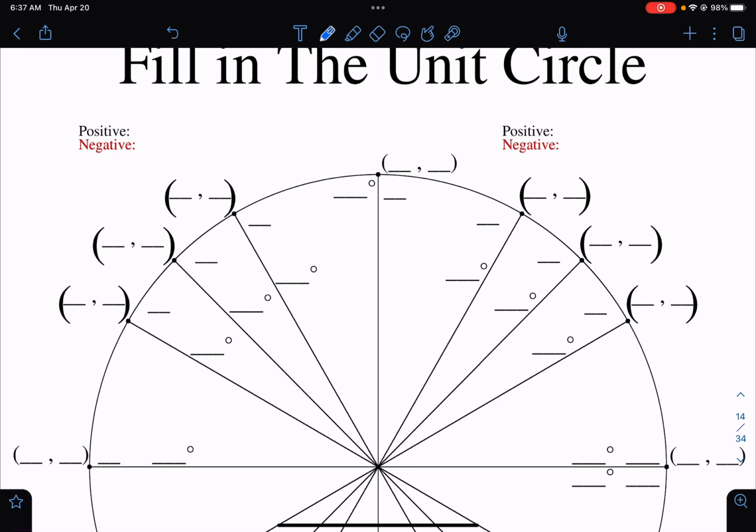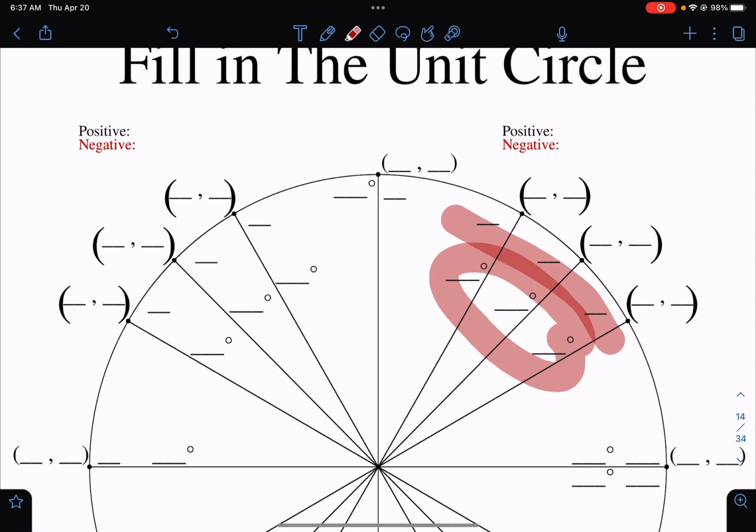Now, in the upcoming days, you're going to see that there are certain patterns that will help you memorize it. I'm going to explain to you how all of this information was derived. But for right now, I'm sure you're anxious just to fill this in and start memorizing it. And so that's what we're going to do. And then in class, we're going to go into more detail and see where all these numbers come from. Okay. So basically on the unit circle, you have to know the degrees for all the points,